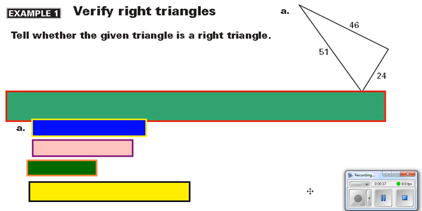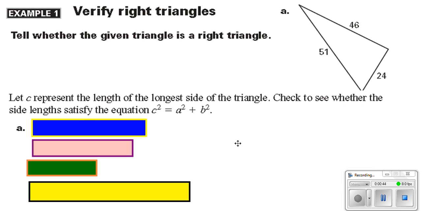Example 1a. Tell whether the given triangle is a right triangle. So we're going to let C represent the length of the longest side. Of course, if it is a right triangle, the longest side will be the hypotenuse, and the C represents the hypotenuse in this equation. Check to see whether the sides satisfy the equation C squared equals A squared plus B squared. So if we substitute the numbers into this equation,